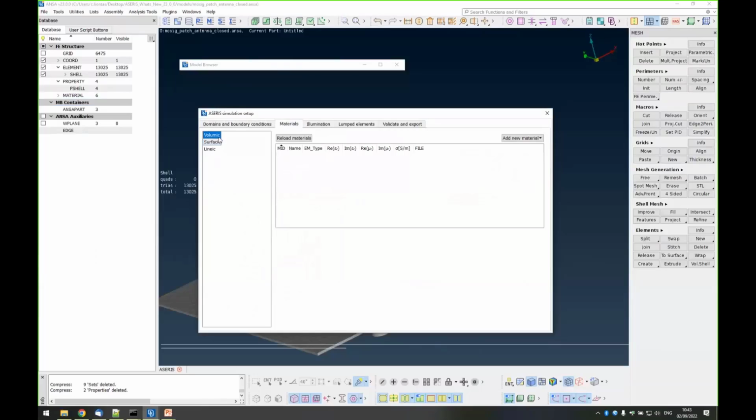So let's go to materials. You have volume materials. Let's say you want a new type of material, for example, a complex material. And here you can see that we have various fields in this list. MID is the material ID that exists in the ANSA database. You can rename the material. For example, let's say this is air. You can change its type here, and you can edit the various arguments of this material, the various fields.